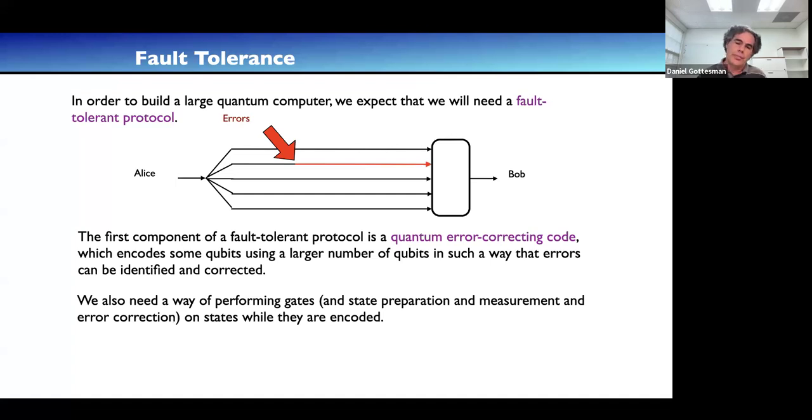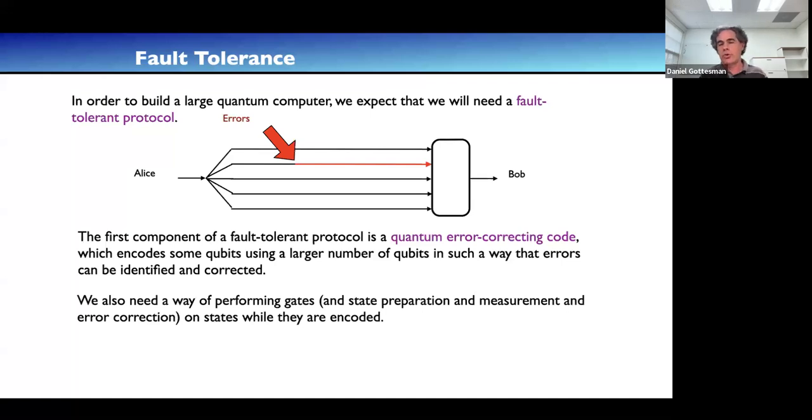And the fault-tolerant protocol is usually built on a quantum error-correcting code. A quantum error-correcting code is best described in a communication scenario or a memory scenario, where we have Alice, who has a perfect quantum computer, and Bob, who has a perfect quantum computer. But the communications channel between them, which could be just a matter of storing qubits for some amount of time, is not perfect.